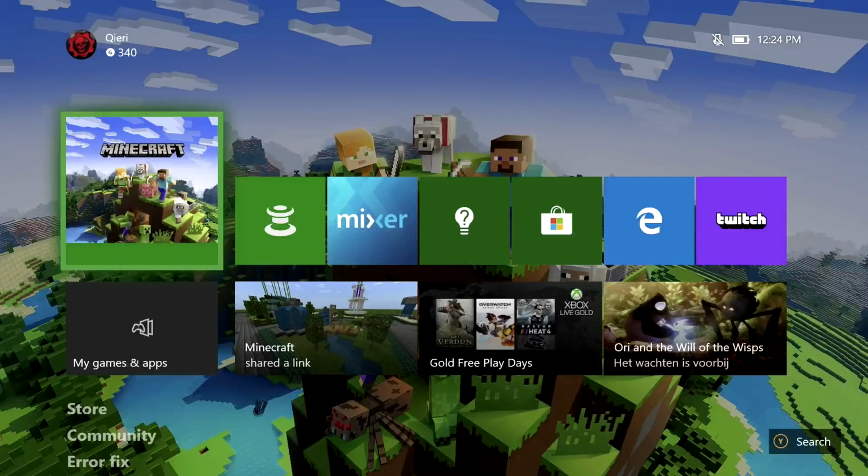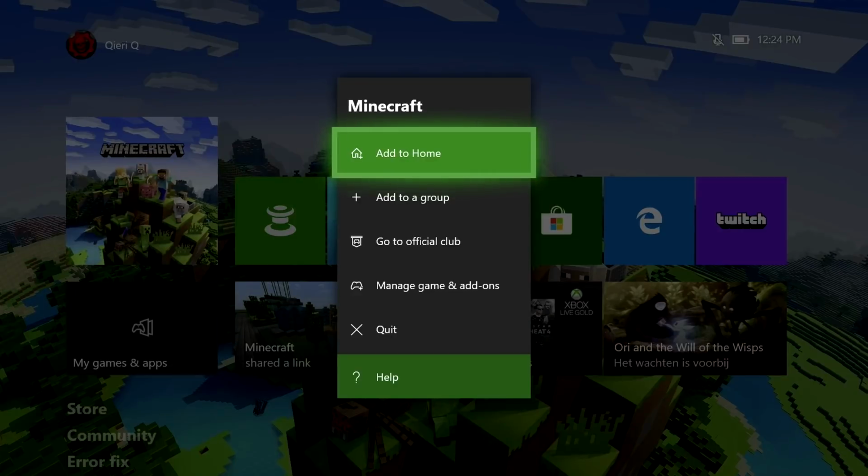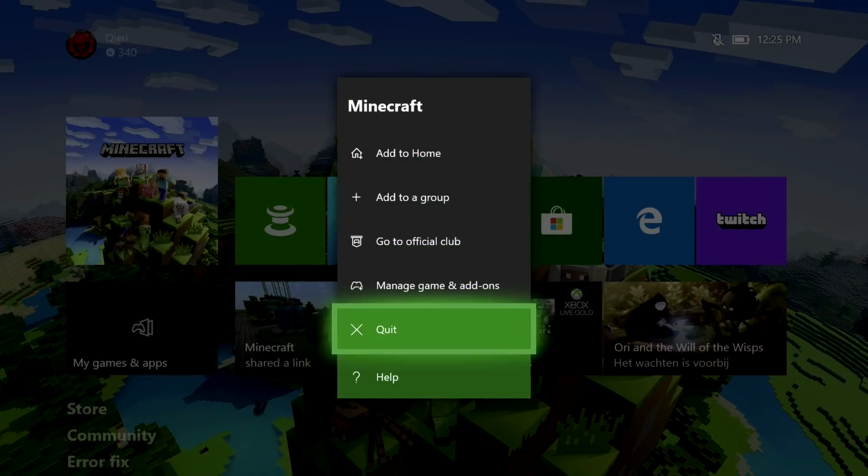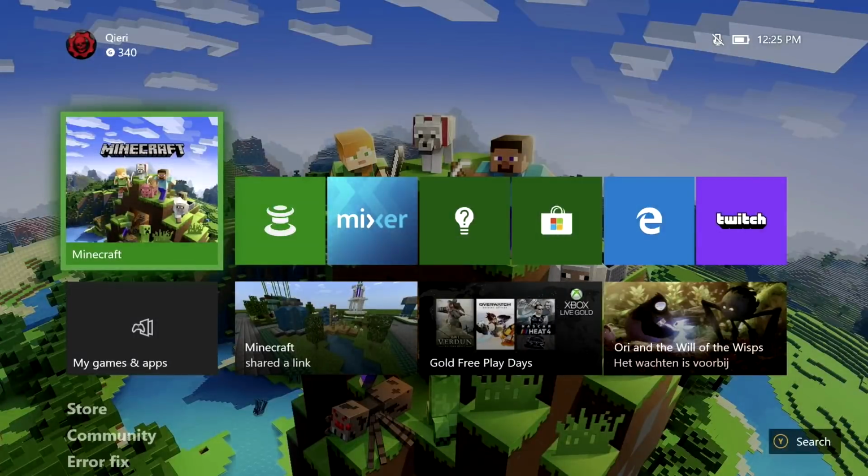And guys, if you are lagging right now in a game, it could be Minecraft or any other game, what you want to do is click on start and go to quit. So you just want to restart your game, and that could fix your problem too, the FPS lag or anything like that. So let's go to the next method.